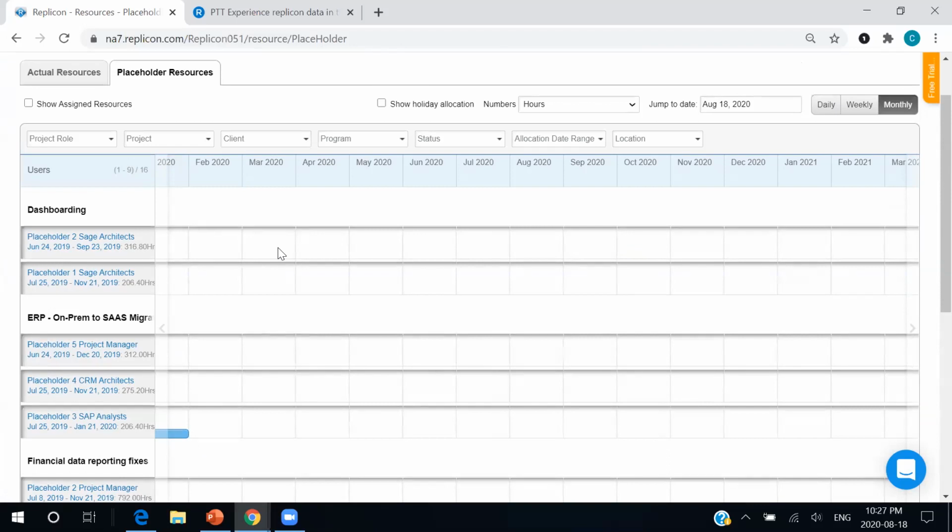So with that cost that you've assigned to them, and then once you've decided what cost looks good, how many of these placeholder resources you need on a project, then you can start replacing them with either hirees or trainees or the resources you already have. And you don't have to worry about any of your data being skewed because it has been updated in real time and you have full control over everything that you do within the platform.